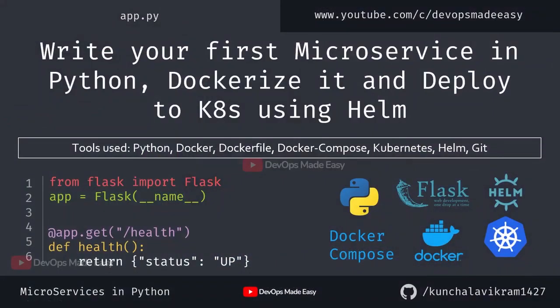In this video, we'll see how to write a microservice in Python, and that too using Flask as the web development framework. So we are going to start from very scratch, right from installing Python in our Windows system and writing the Python script. And then we'll move on to writing the Dockerfile for this Python based application. We'll also see how to build this Docker image and then run it using Docker Compose. And then we'll create various Kubernetes Manifest files like deployment and service object for this application, followed by creating the